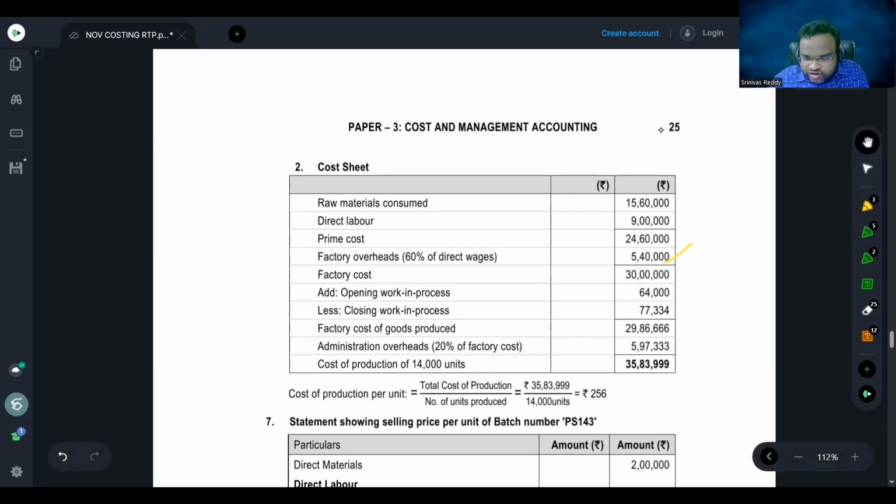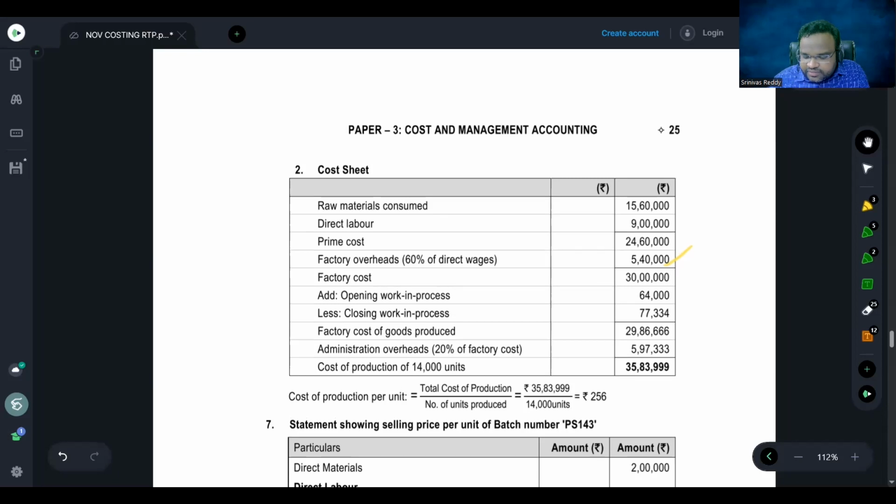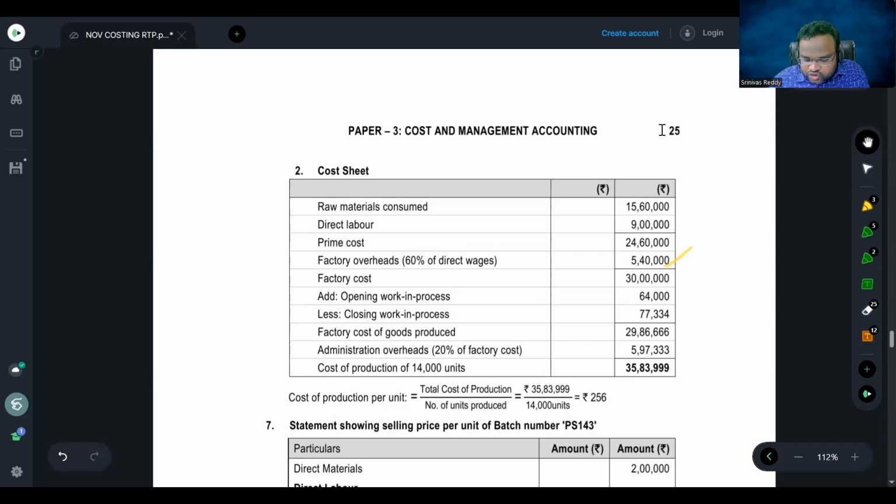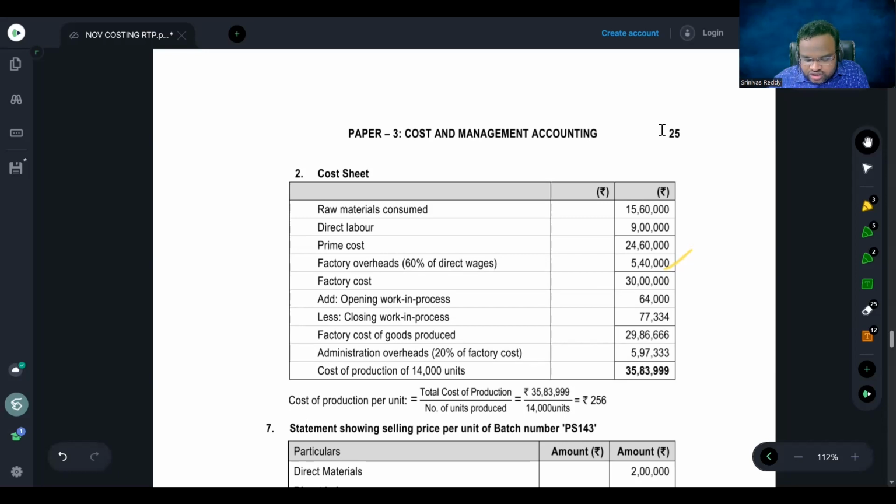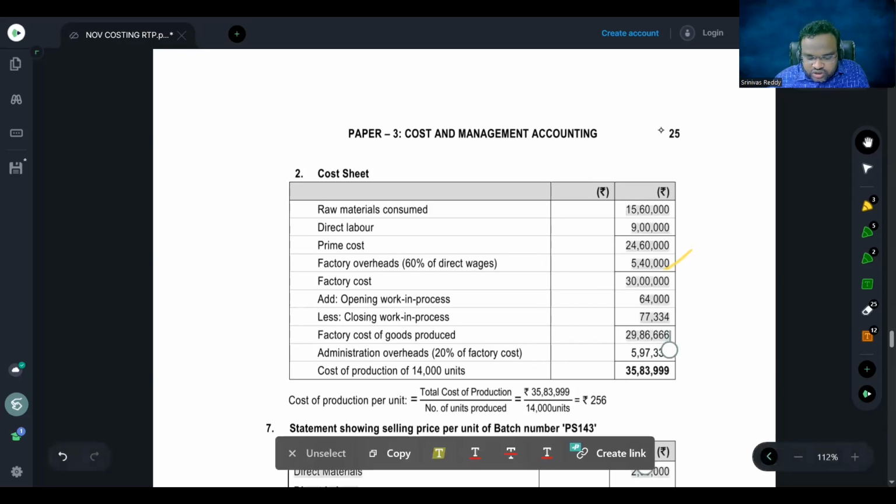You have given opening stock work in progress effect, closing WIP. So you have got factory cost, net factory cost on this 20%. You have arrived at the administration overheads. Then you have arrived at the cost of production. Okay. Now, based on this,